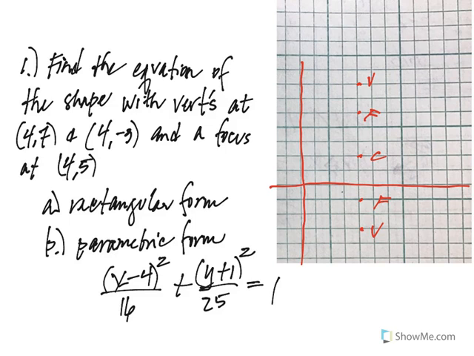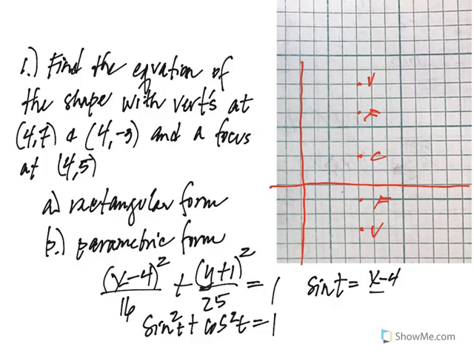And then, of course, I'm going to use a Pythagorean identity that involves the sum of two squares. This, of course, is the sine squared of, we'll call it t, plus the cosine squared of t is equal to 1. By the way, addition is commutative. I don't really care which one you allot to x and which one you allot to y. I'll take either answer. So what you've got then is that the sine of t is equal to the innards of the first term, that is (x - 4)/4. I then have the cosine of t being the innards of the second term, that is (y + 1)/5,